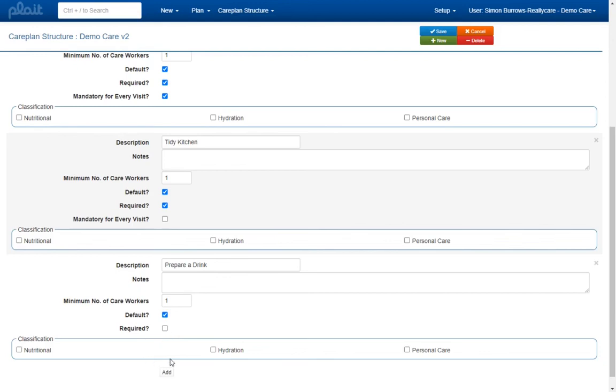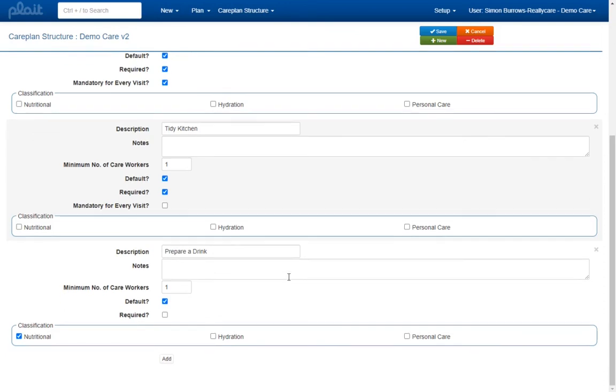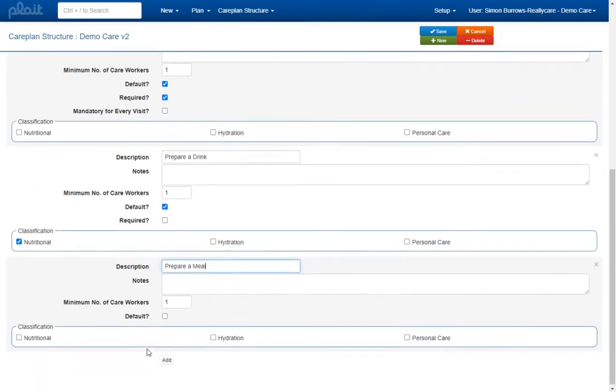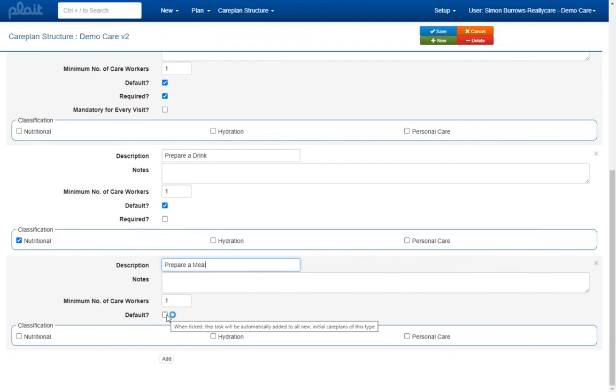Here we can classify the task type. This may provide benefit when reporting on task data. Nutritional and hydration are mutually exclusive. Whilst a drink will be prepared for most service users, meal preparation will probably not be required by the majority. So let's set up a prepare a meal task type without ticking default. Care managers will be able to add this type of task where relevant by selecting it from